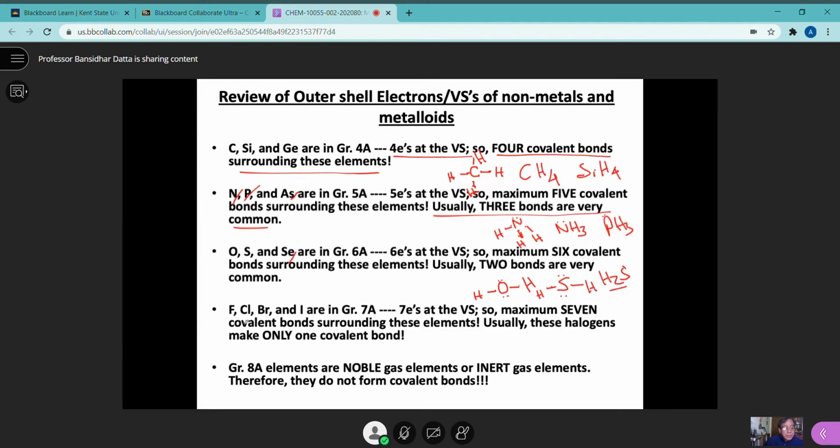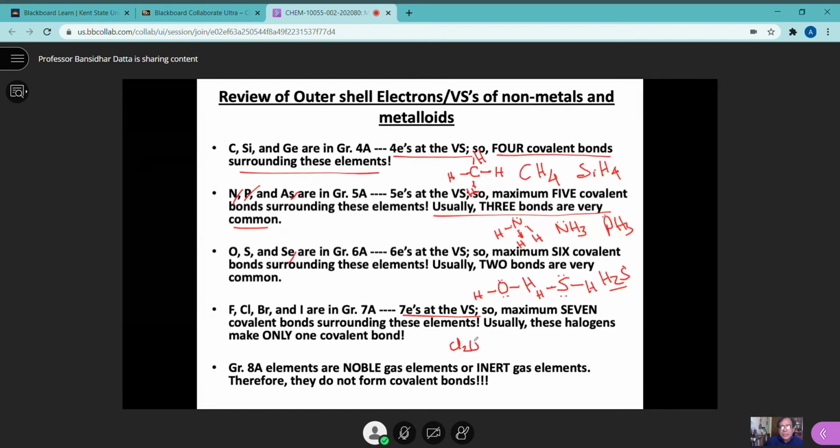Now, if you go to group 7, those are halogens, right? Fluorine, chlorine, bromine, iodine are group 7 elements, and they have 7 electrons in the valence shell. So a maximum of 7 covalent bonds you can expect, but usually it doesn't happen. Why? Because 3 of them are lone pairs. If you have an unbonded pair of electrons, they're already very stable. But if you use very harsh conditions, then you can. And remember, one is that